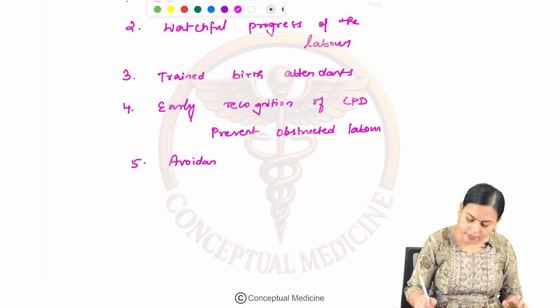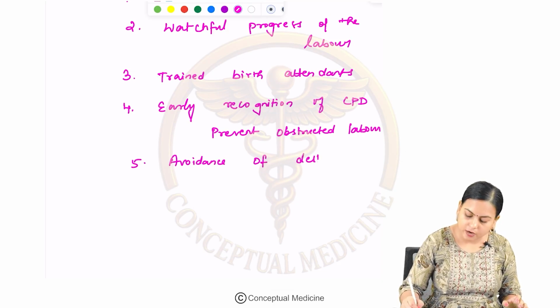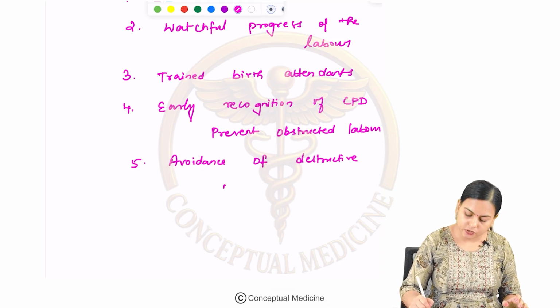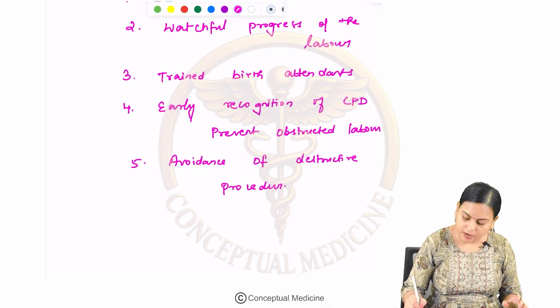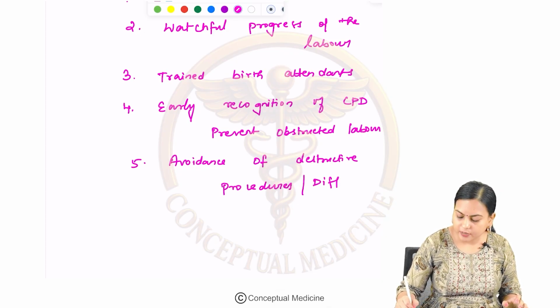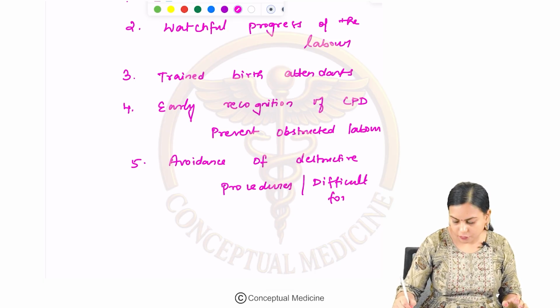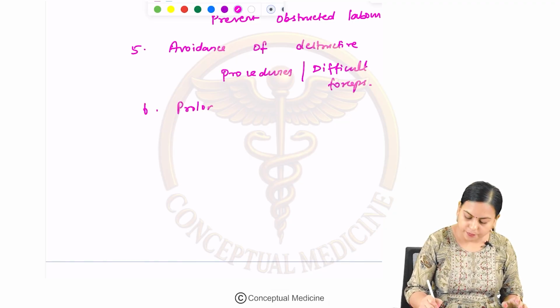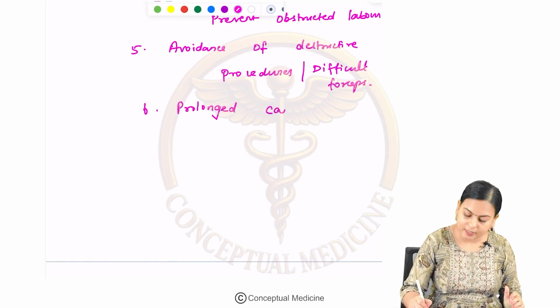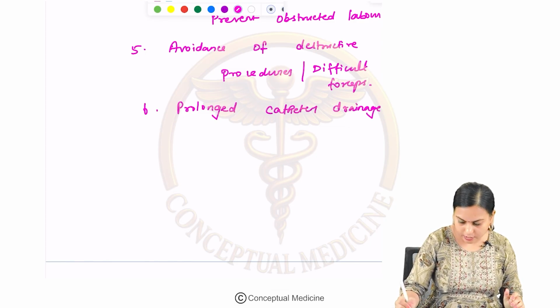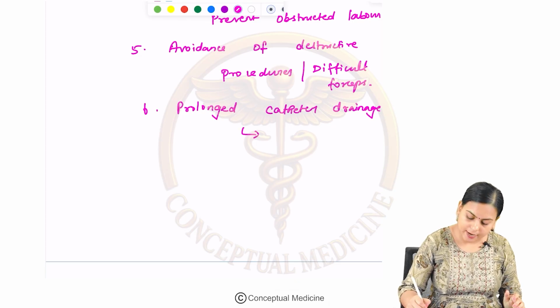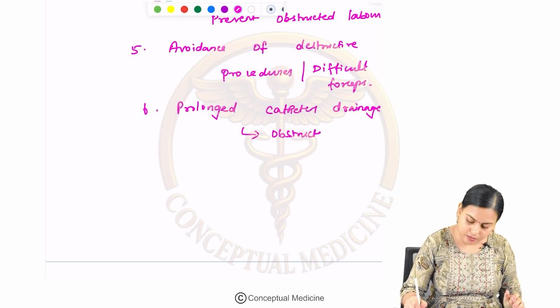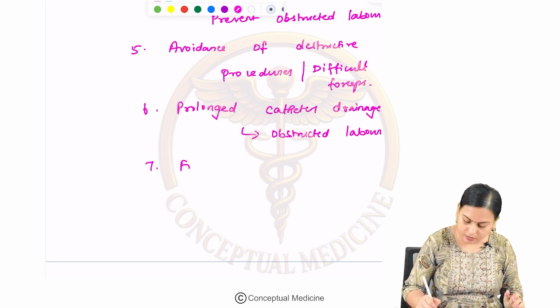There should be avoidance of destructive procedures or a difficult forceps delivery. You should offer prolonged catheter drainage if, suppose, an obstructed labor occurs. And finally, for